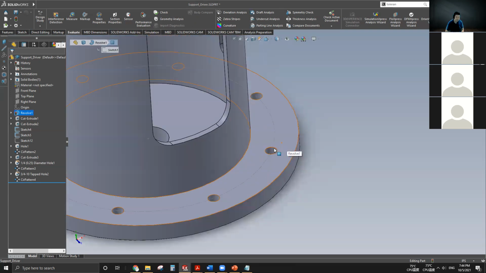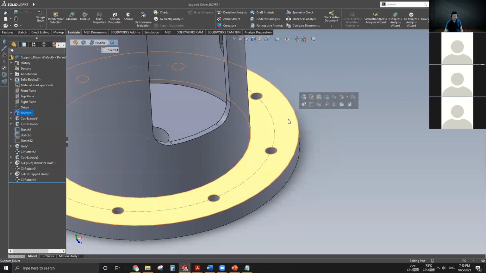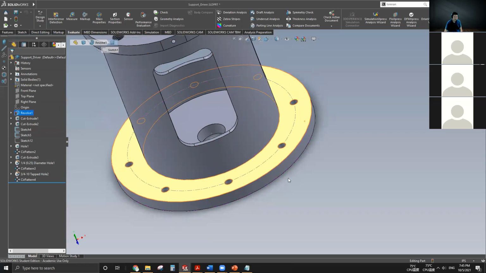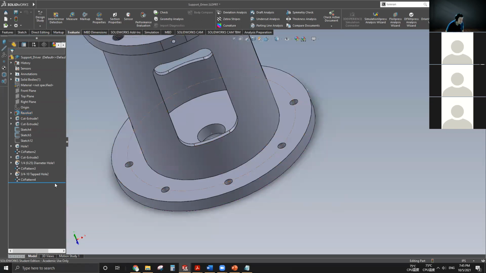So in order to make this hole, we need to reference what? First of all, we need to reference the surface. We need to tell them, okay, drill on this surface. And secondly, we need to reference